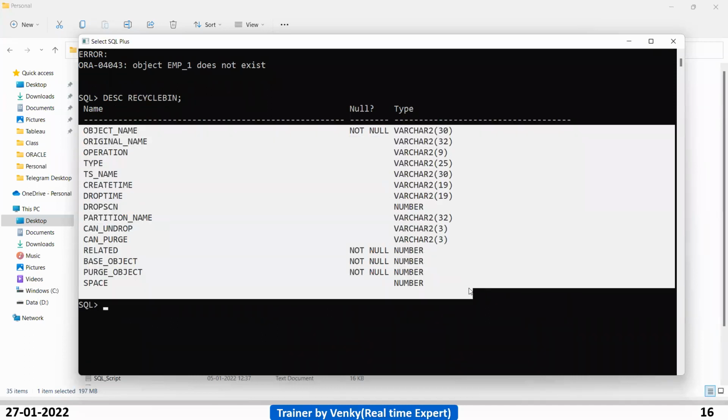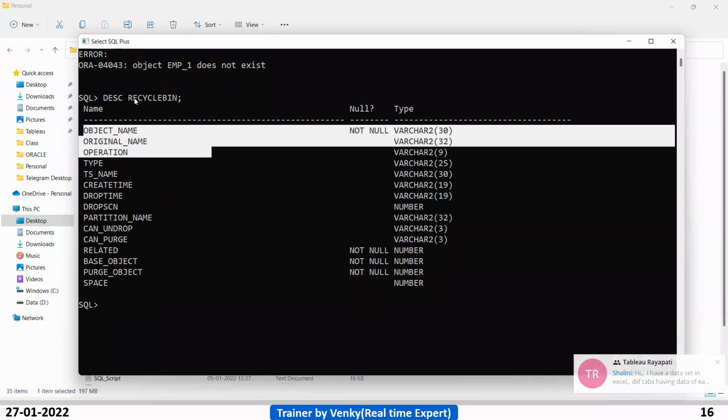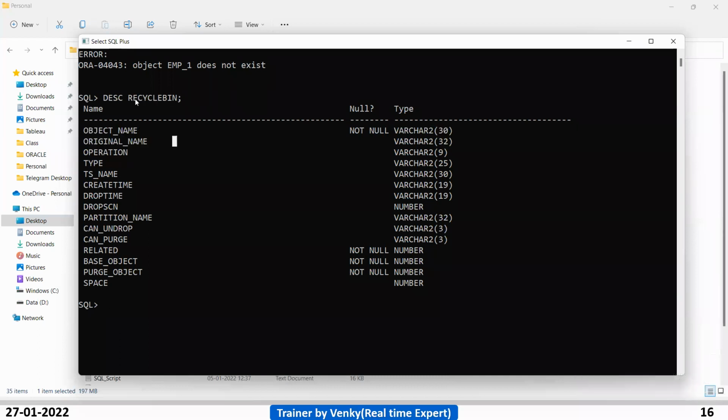I said, right, when you install the software, Oracle software will automatically install some default tables called data dictionaries. So these are all data dictionaries. Here the recycle bin is a data dictionary.